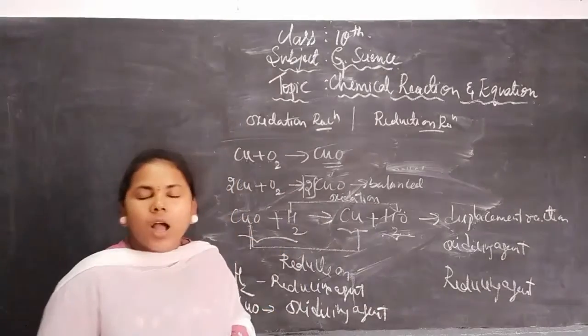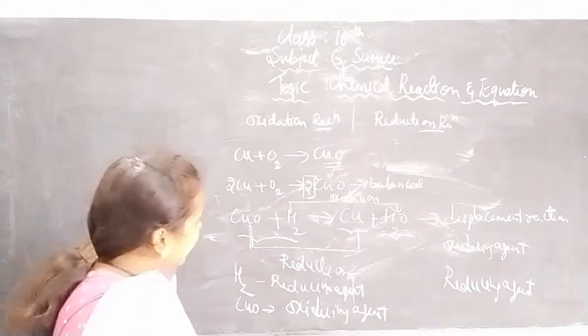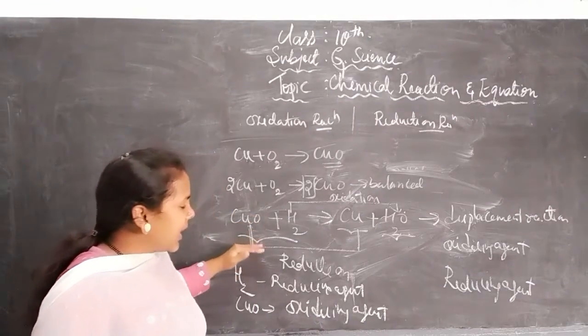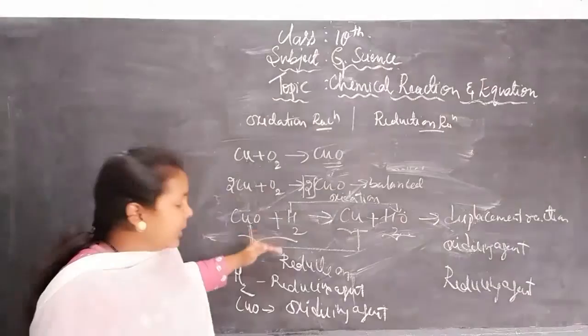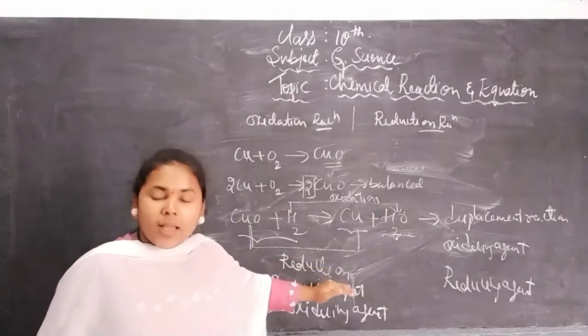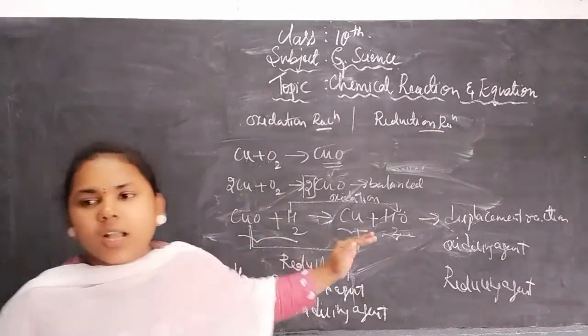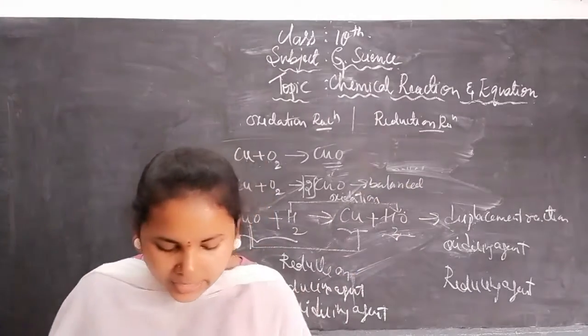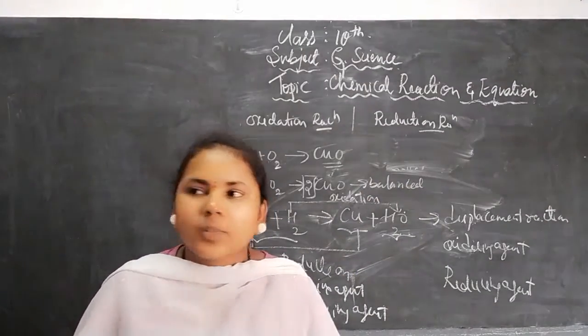Hence, I hope you students understand this process, and how you can identify the reducing agent and oxidizing agent by understanding oxidation and reduction. Understand? Can we write one more example here? For example,